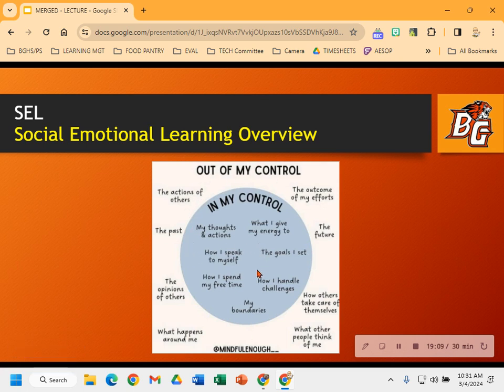Whereas your thoughts, actions, your self-talk, the level of energy that you put into learning or into being engaged in this environment, the goals that you have related to learning, the boundaries that you have, how you manage your time, and even how you respond to challenges, all of that fits into areas that are within your control. Okay, so just building this into the learning process, I think